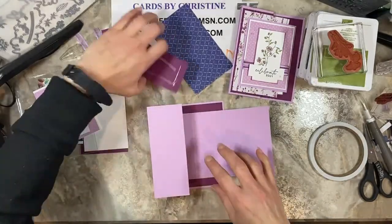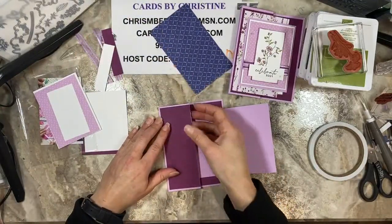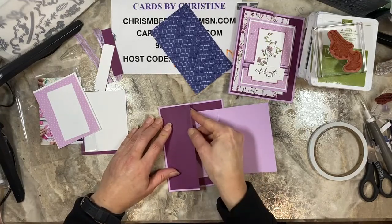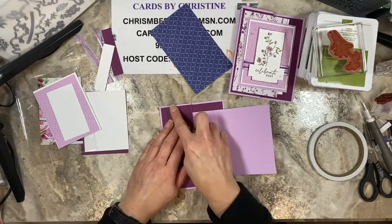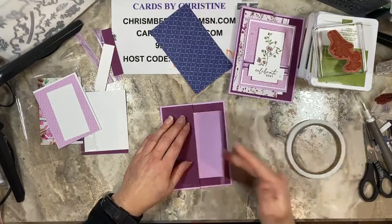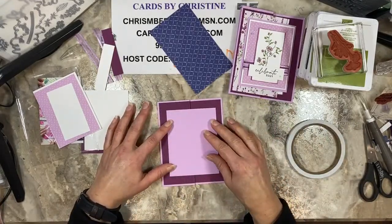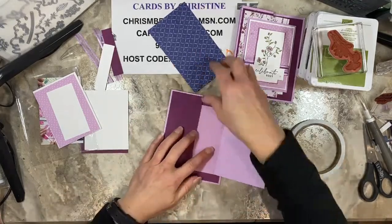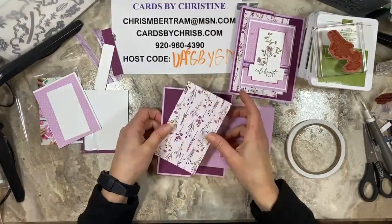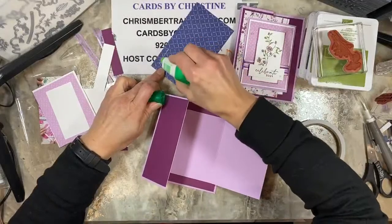Then this guy goes over here and it's flush on that right edge so that you don't see any fresh freesia, because then it looks like a consistent line here. So it looks like a solid mat, but it's not. Then the reason I didn't glue this is because I didn't want to put glue all over, because part of it does overhang, right? So what you can do to make sure you don't go over the edge, you can put your glue,